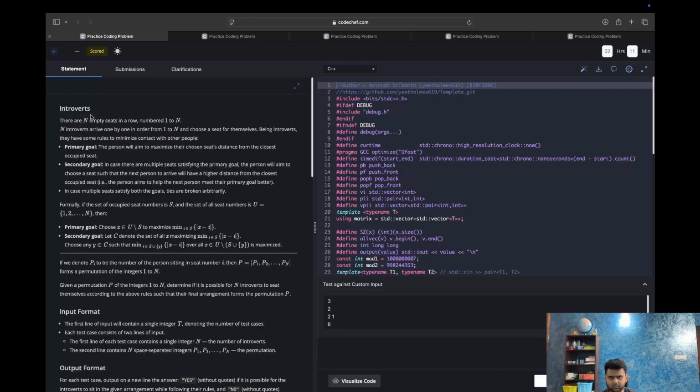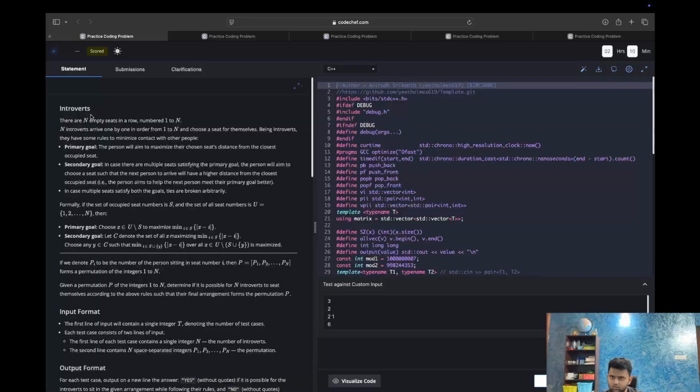Formally, if the set of occupied seats is S, with seat numbers in set U. Primary goal: choose X so as to maximize the minimum of |X minus U_i| for all i in the occupied set. Secondary goal: denote by C the set of all X maximizing the minimum. Choose any y in C such that the minimum distance, given S including y, over all X is maximized. Okay, so the distance for the next person is maximized. If we denote P_i to be the person sitting in seat number i, and P is equal to